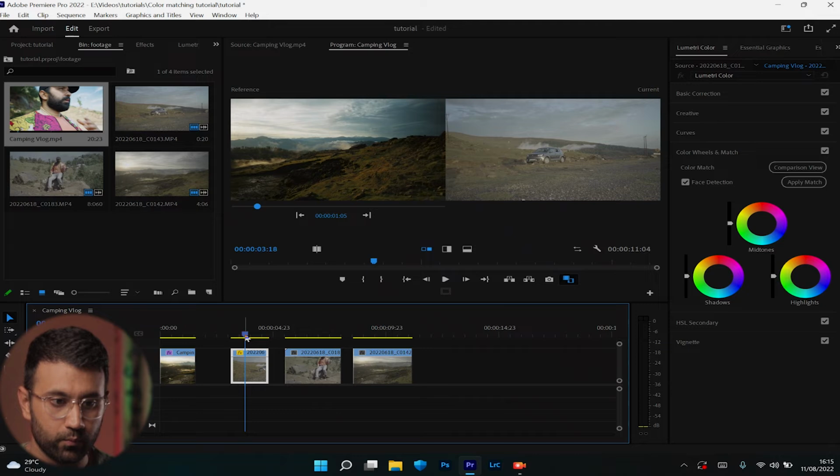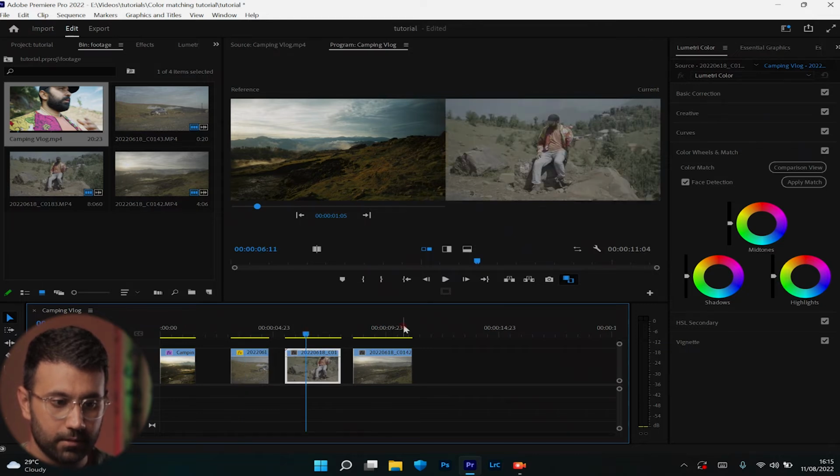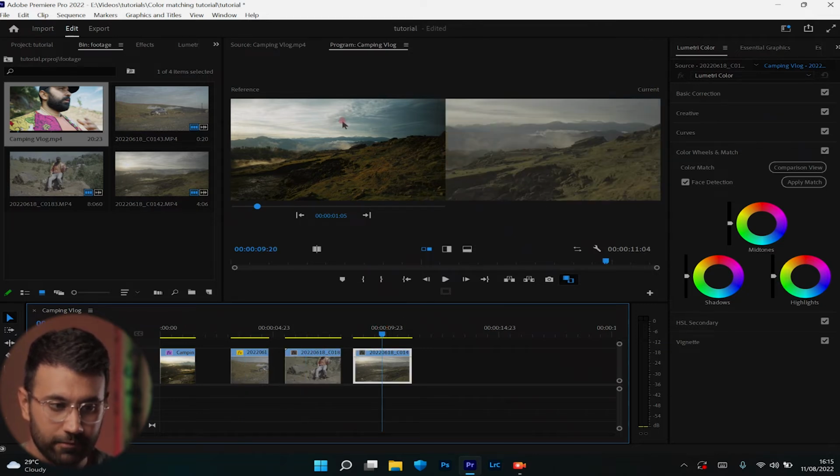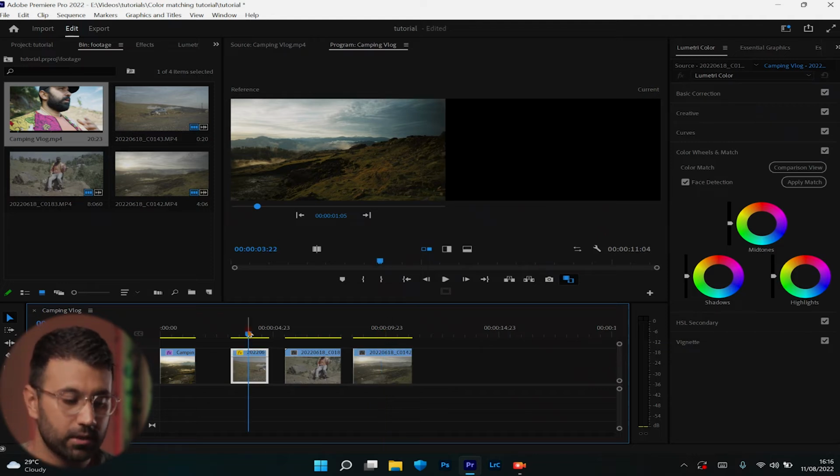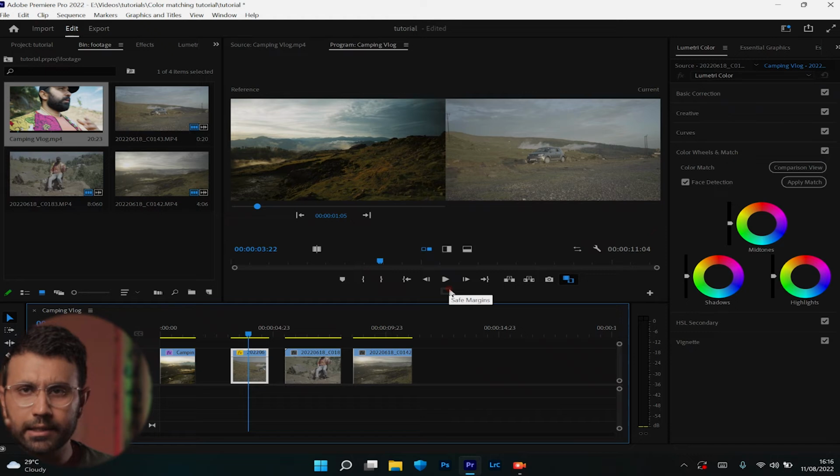So this is the footage, right? See? So reference image, the actual image that I want to get the color grade on. So let's start with this. Another thing that you need to keep in mind is, if you are dealing with log footage,